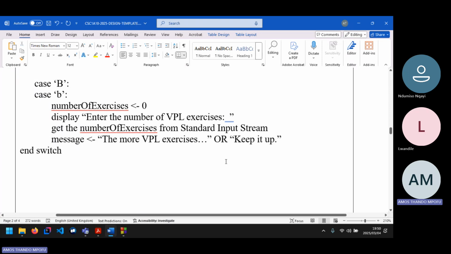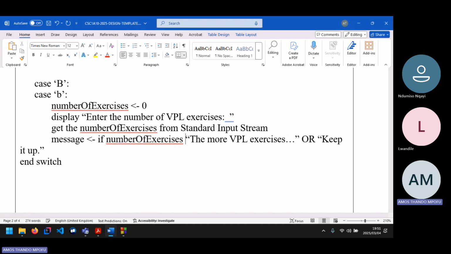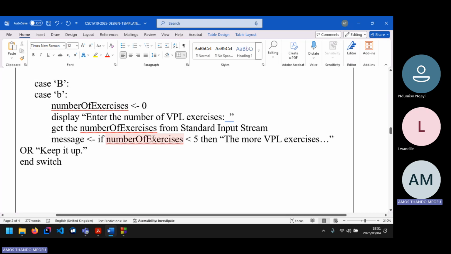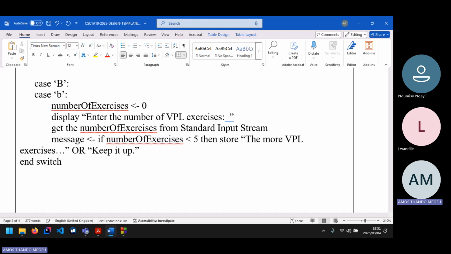So, or I can just do it this way. Let me think. So I can just do this. I can say if number of exercises, right? I know this looks weird, but if number of exercises is less than 5, then store. So it's going to store that string. And then I'm going to put an else here. So I know it kind of looks weird, but